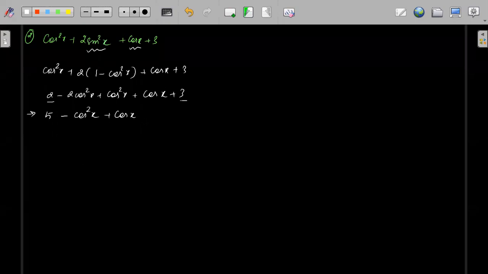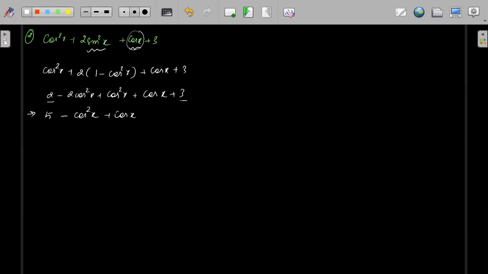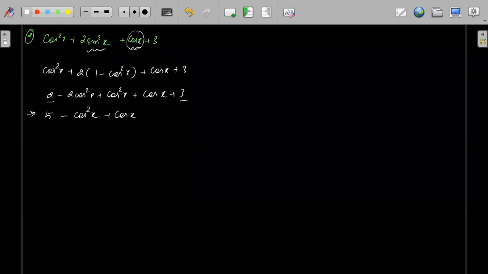Okay, fine. We can also do cos square into sine square, that is correct, bacha. But there is a cos term here, and we cannot do anything for this one. That is why I will convert into a perfect square of cos. Understood? Hariharan Suthan, did you understand this one?